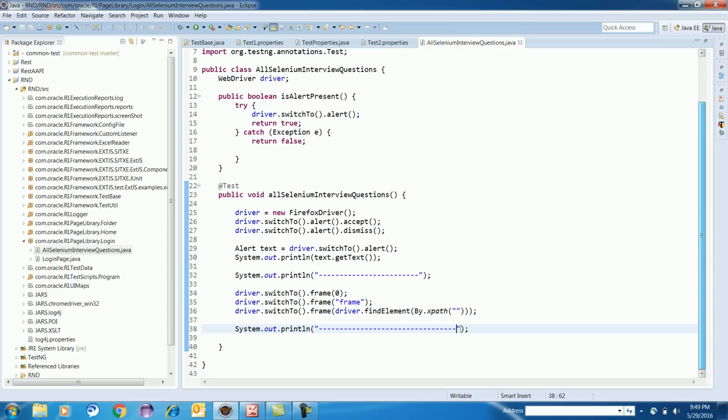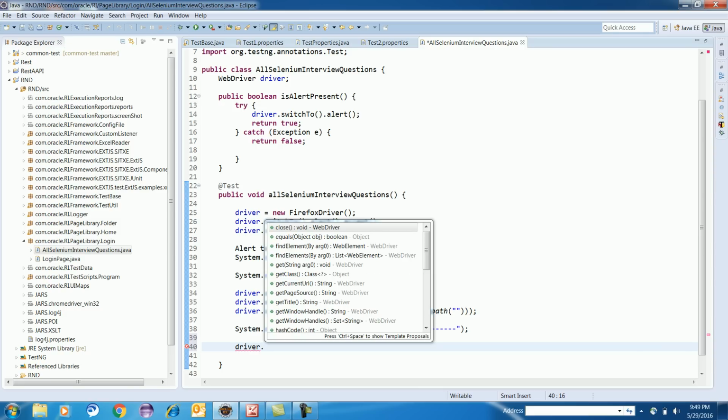Now I will teach you what window handle methods are available in Selenium. Basically there are three methods available in Selenium for window handles. One is driver dot getWindowHandle.